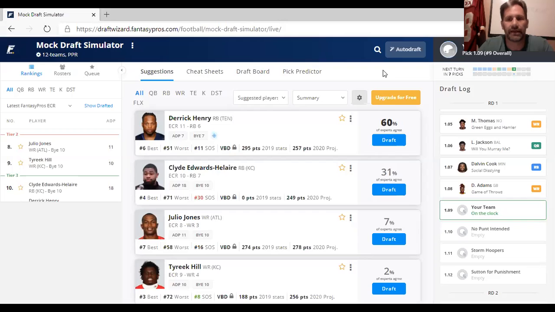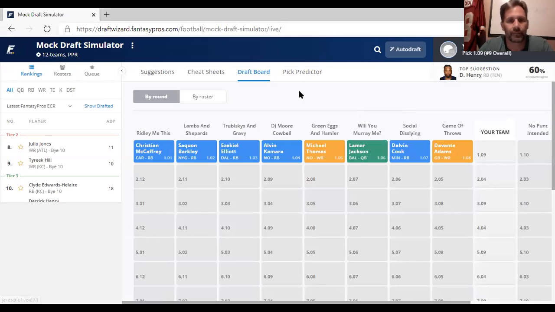So here's a very interesting board that has fallen to me, okay? Now, we see Davante Adams and Michael Thomas, and then we see Lamar Jackson. Now, you look, this right here, this is going to happen in some of your home leagues, okay? Somebody's going to really, really reach on Lamar Jackson, okay? We see Dalvin Cook making it all the way down to 7. Michael Thomas being taken early at 5 because of PPR.